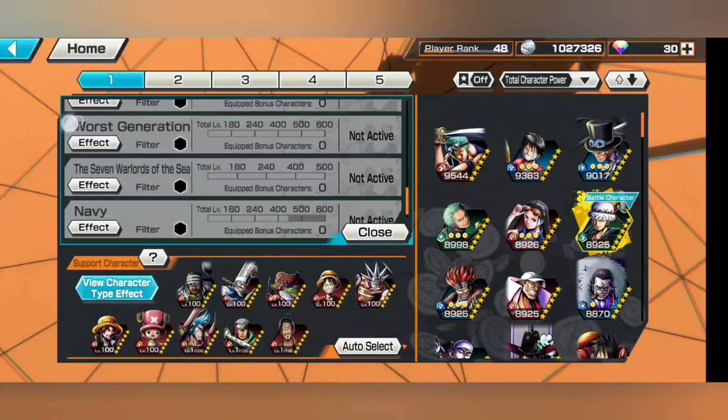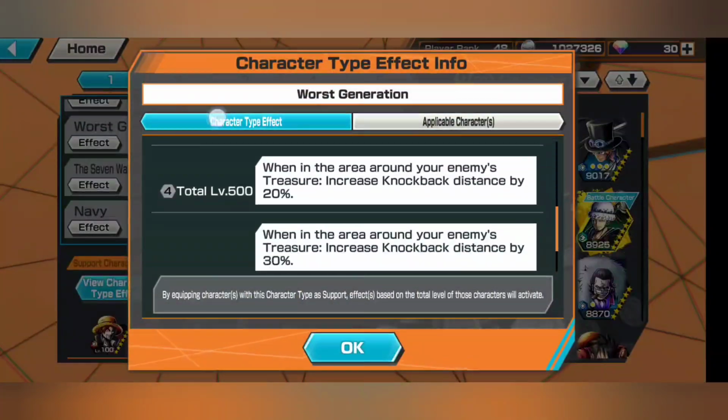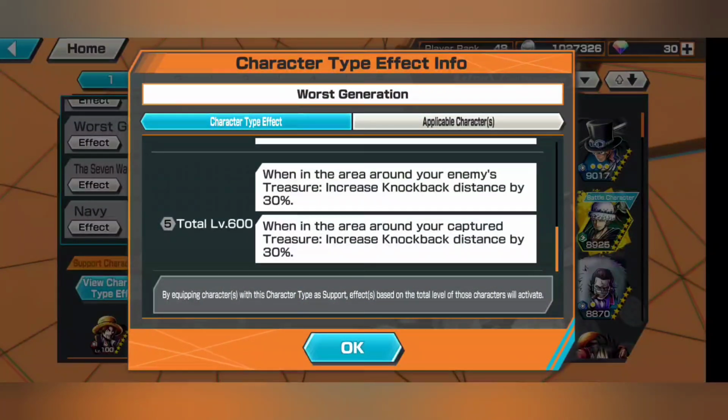So next is Worst Gen. Oh my god. So what Worst Gen does is, when in the area around the enemy's treasure, increase knockback distance by 30%, and in the area around your captured treasure, increase knockback distance by 30%. Wow, this one actually is not too bad. Like 30% knockback increase